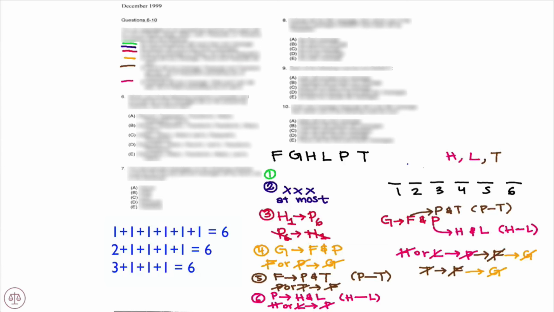Now, we don't know exactly which numbered message they're making, but we do know that Hildy, Liam, and Theodore have to be a part of the people who are making these messages happen. Okay? All right, now let's go ahead and hit the questions.